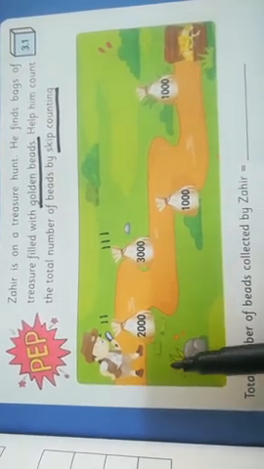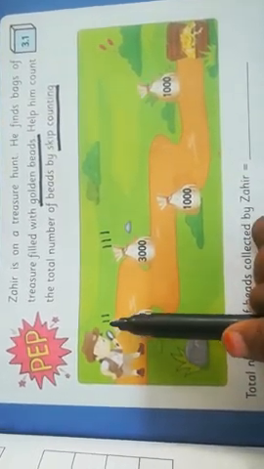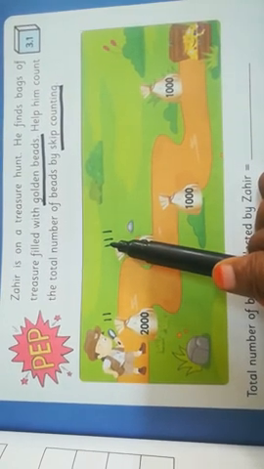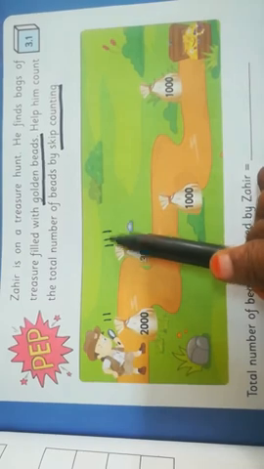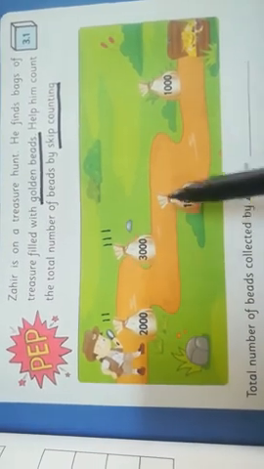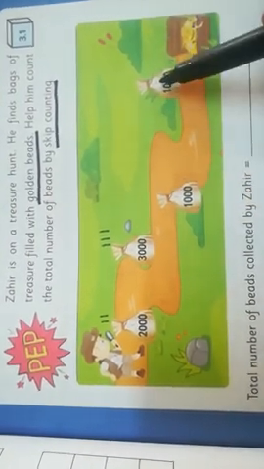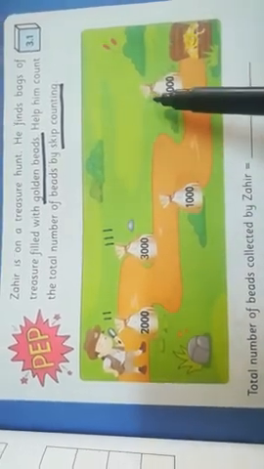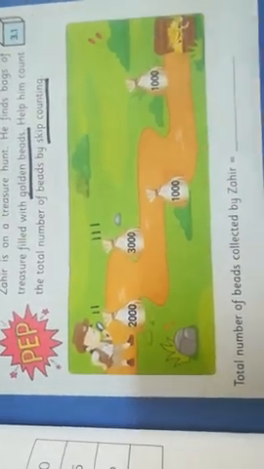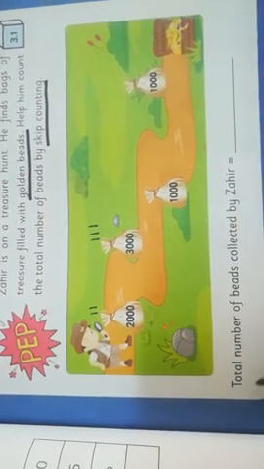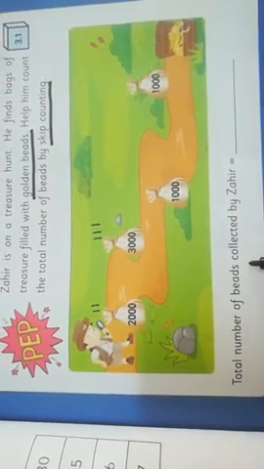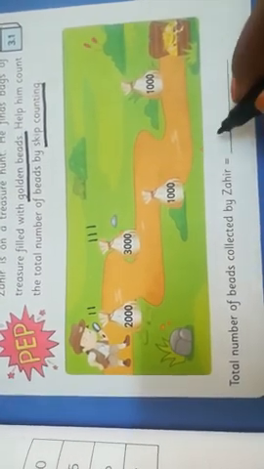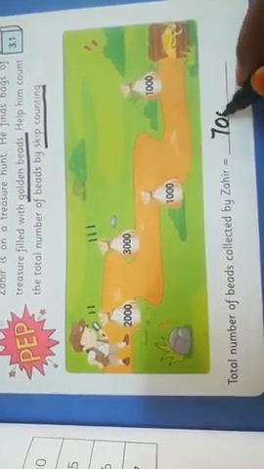We have to use the skip counting method. 2000, then adding 3000 to 2000 is 5000, then 6000, then 7000. How many golden beads are there? 7000. Then they asked one question: total number of beads collected by Zahir equals 7000.